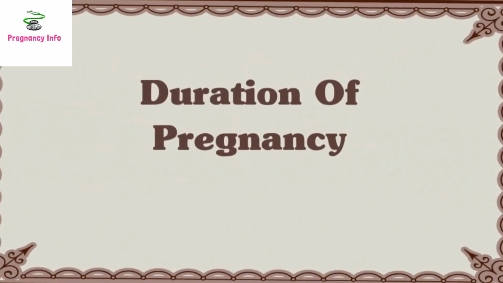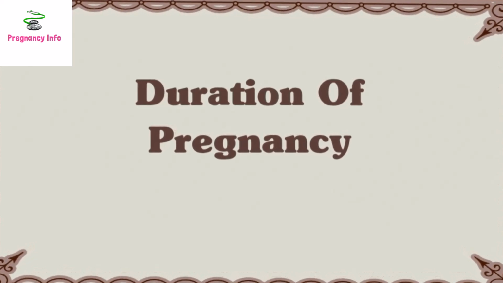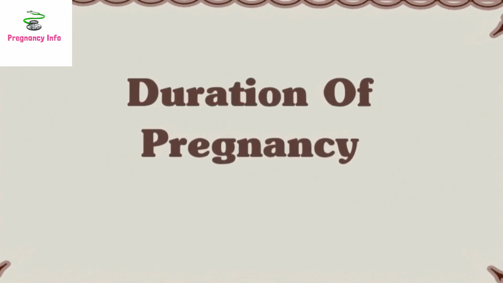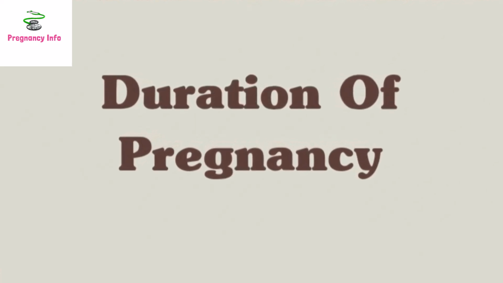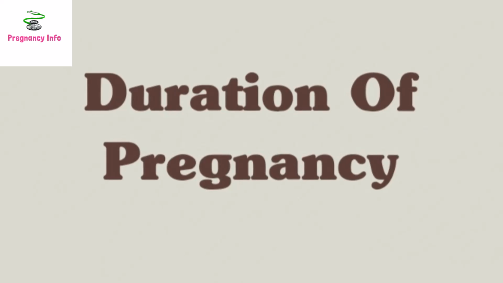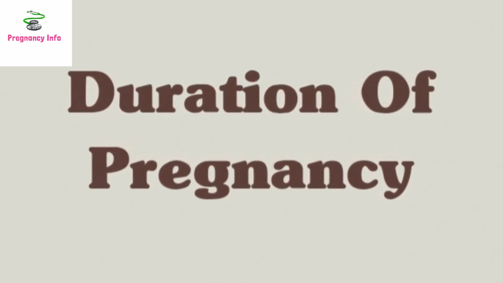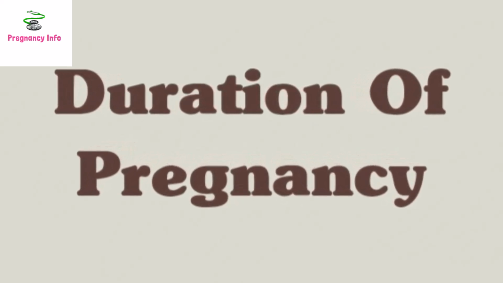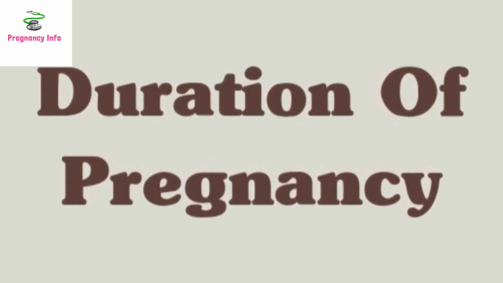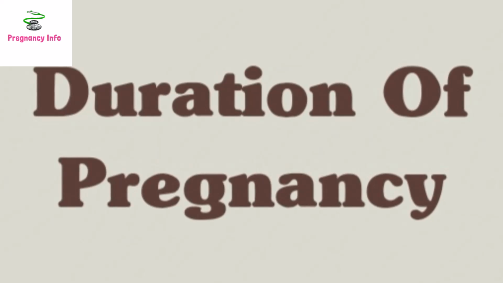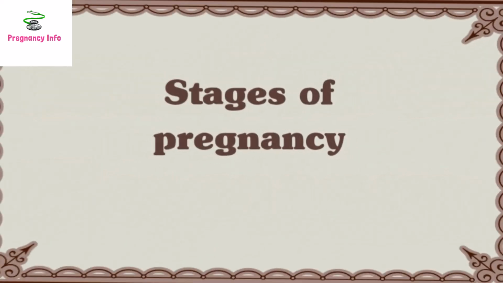Duration of pregnancy. A normal pregnancy lasts about 40 weeks from the first day of the last menstrual period. Pregnancy is assumed to start 2 weeks after this LMP. Therefore, there is an additional 2 weeks in the calculation of gestational age during which the woman is not actually pregnant. Pregnancy officially lasts for 10 months, meaning 40 weeks, due to the additional 2 weeks.